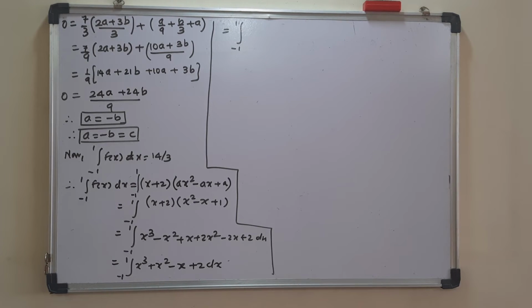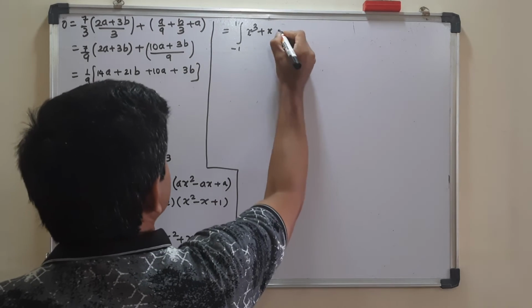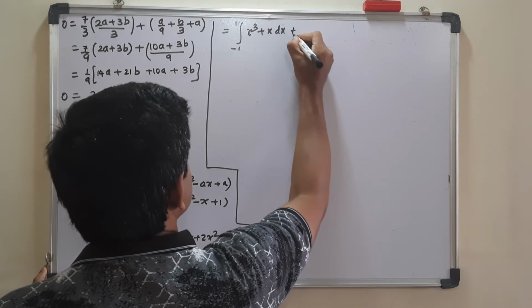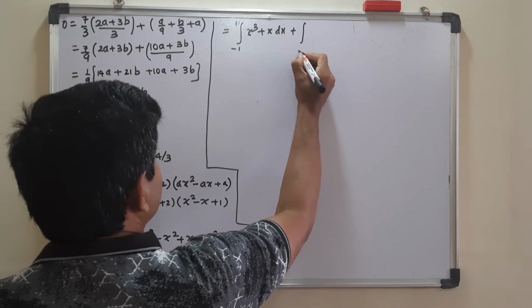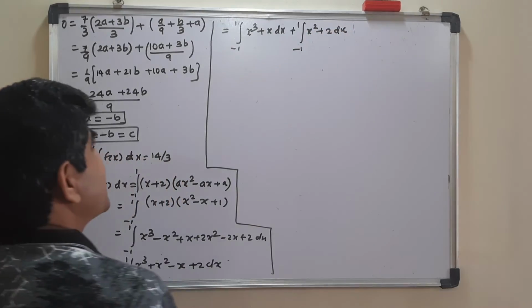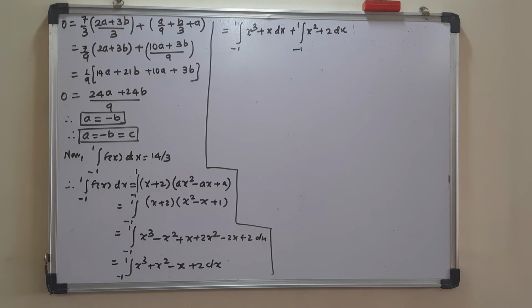And if I separate it for x square plus 2, what do I get here is, this will become x cube plus x, okay? This is your dx minus, so called as, this will be plus, then it is minus 1 to 1 x square plus 2 dx, okay? And when you integrate this one, you will get here x raised to 4 by 4 plus x square by 2. That means both are going to become so called as positive, okay? Either for 1 or either for minus 1.